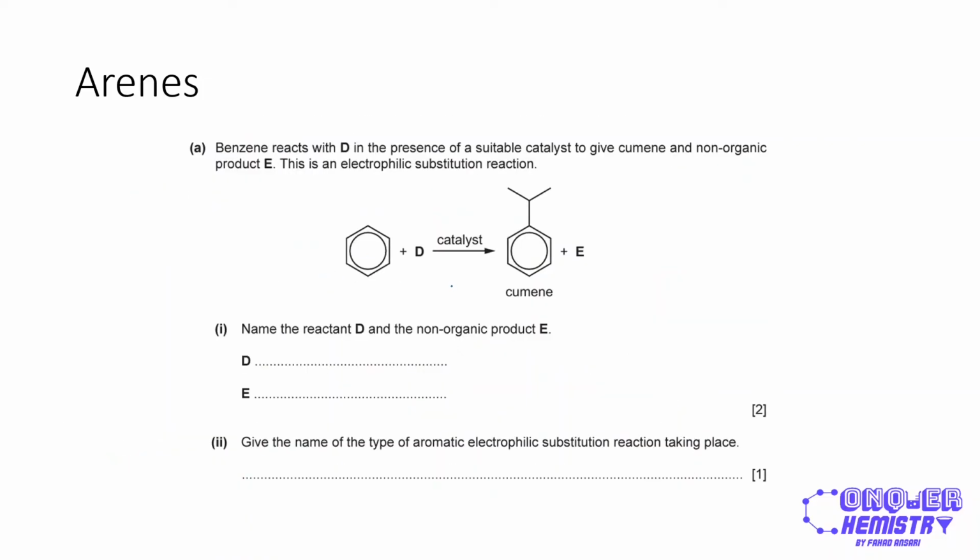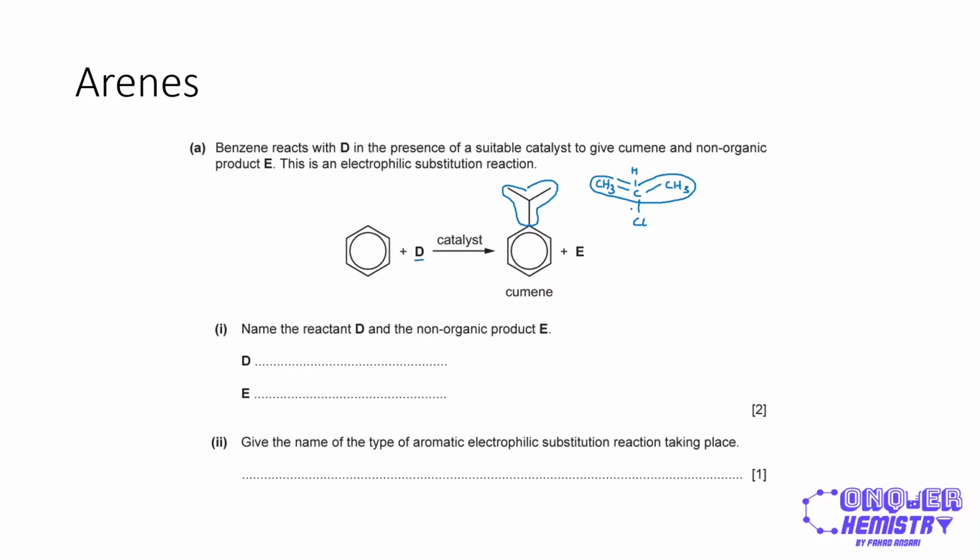So another question over here, this is another type of reaction. We have benzene reacting with D to give you cumene, right? Now, cumene has this alkyl side chain or substituent over here. And if I draw the structure, this becomes something like this. This is CH3. You have a C, you have a CH3. And this is bonded to it, H. And basically, this alkyl side chain has to be bonded to a chlorine, has to be a chloroalkane, that will be the reactant D. And to name this chloroalkane, we have 3 carbon atoms in this longest carbon chain,